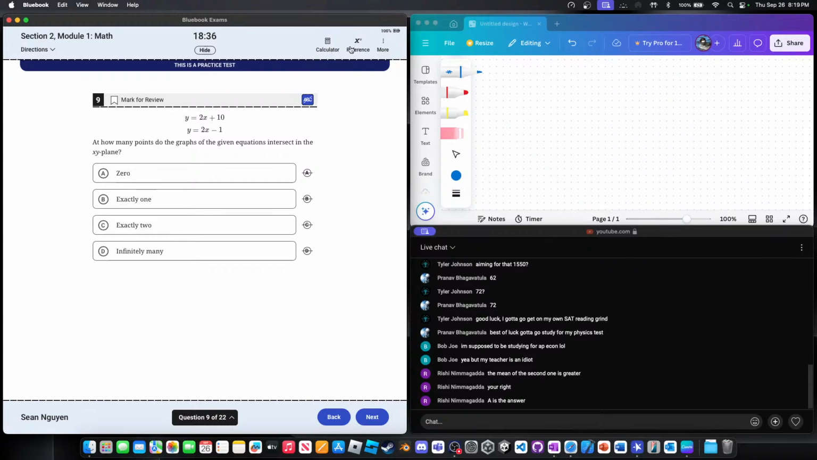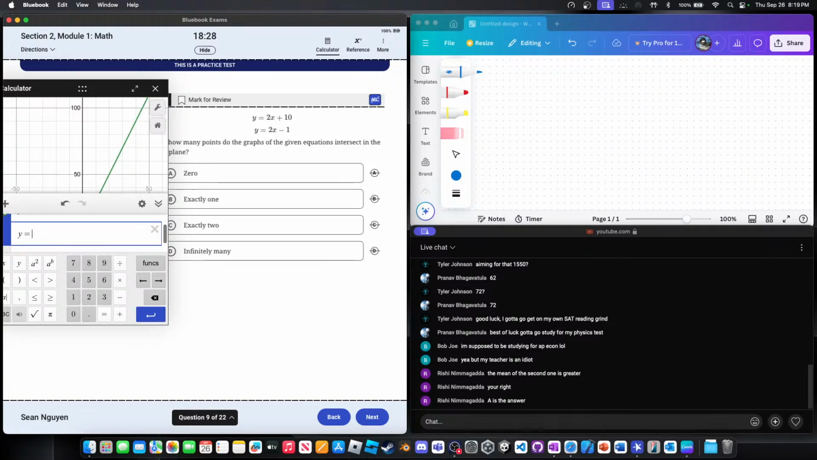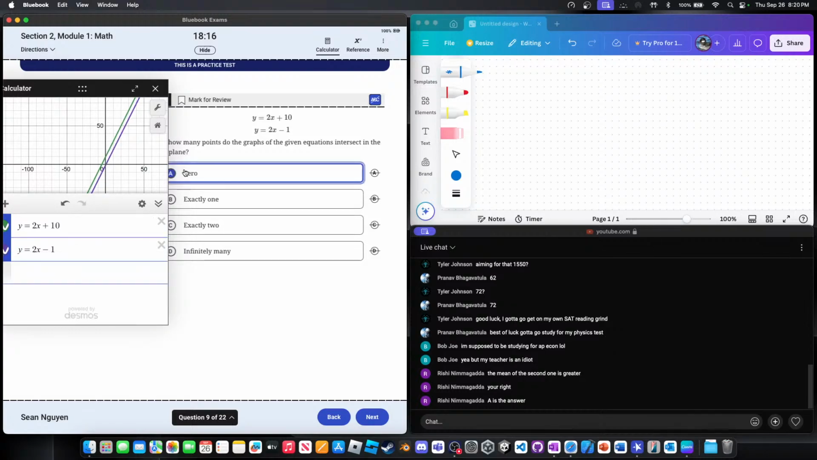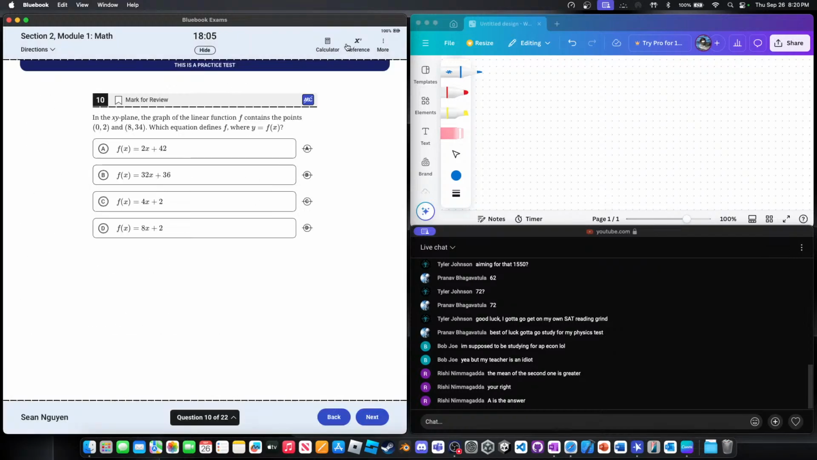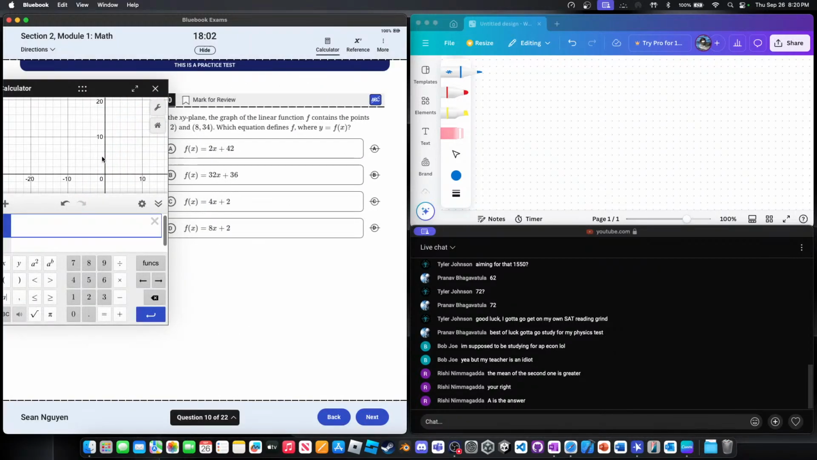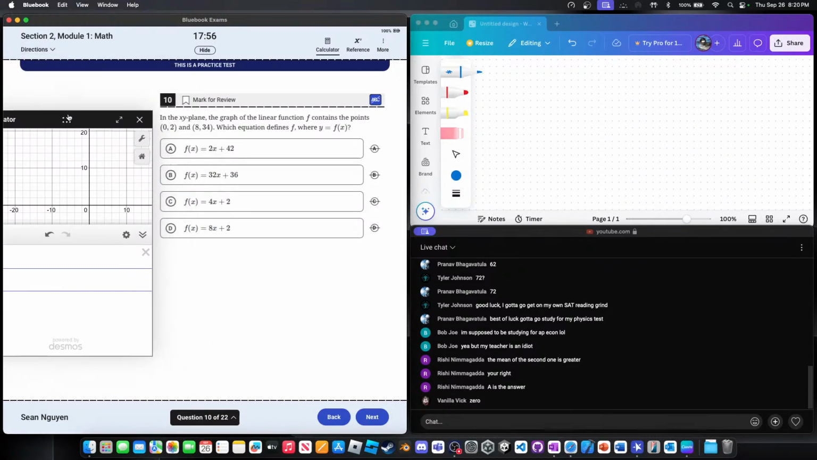How many points of the graph intersect in the xy plane? Obviously, we're going to use Desmos again. We're not. Well, 0, because they both have the same slope and different intercepts. It's impossible. They're completely parallel. Okay, so let's put up our calculator again. In the xy plane, the graph of the linear function f contains the points 0, 2,